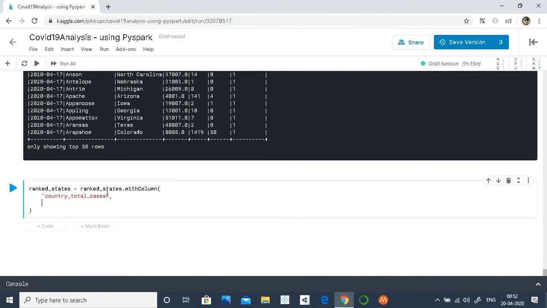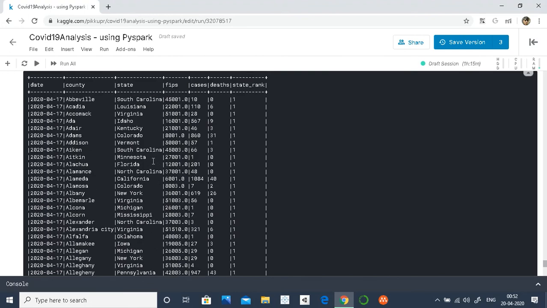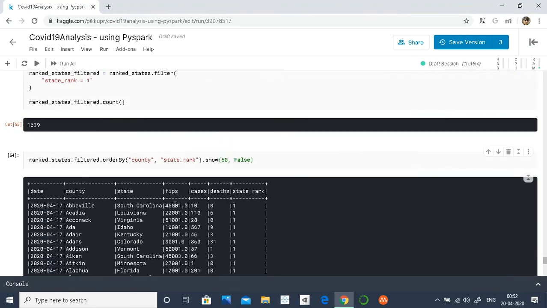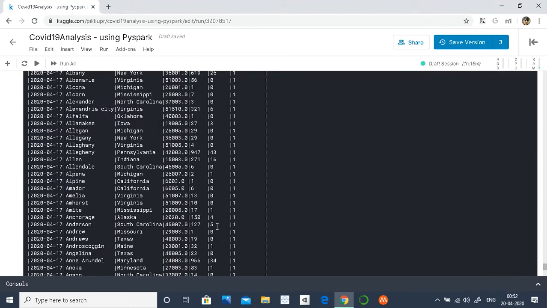but we can do that in fewer steps. So what we are going to do, in the state level data set only, is group at county and bring the total cases of county in a new column here, which is county total cases. So let's start. Now we are not going to give a rank, but we are going to take a sum. To create a rank, we don't require any column, but sum tells the system which column to take the sum of. So we want to take the sum of the cases column.